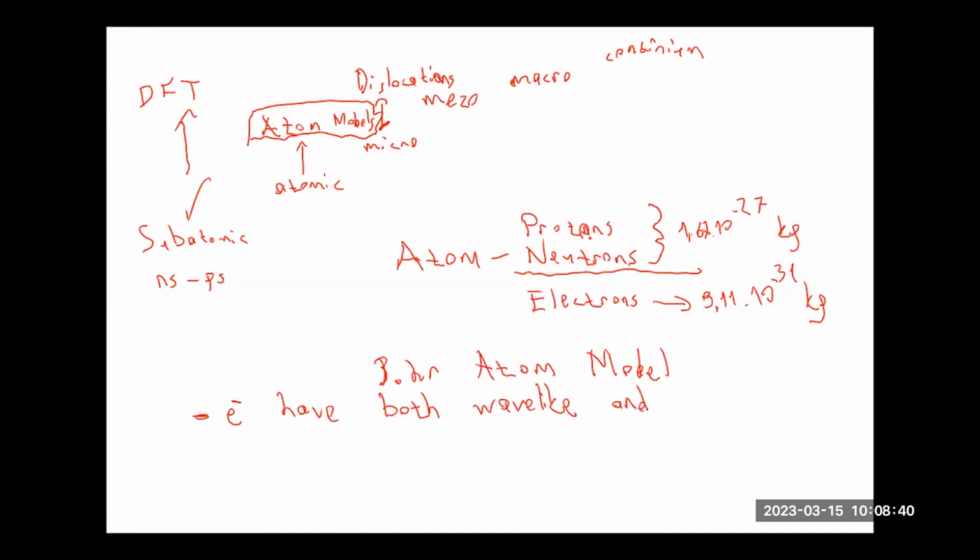Wave-particle dual properties. So wave-like characteristic of an electron, firstly, the first one is